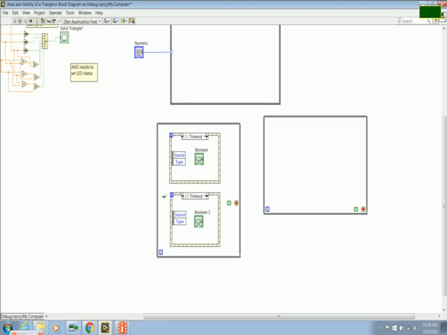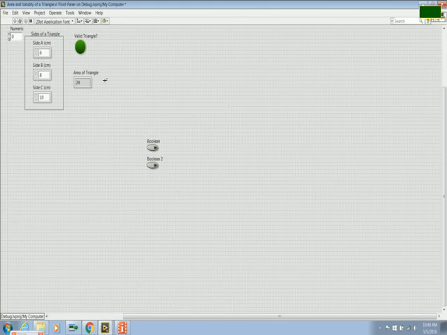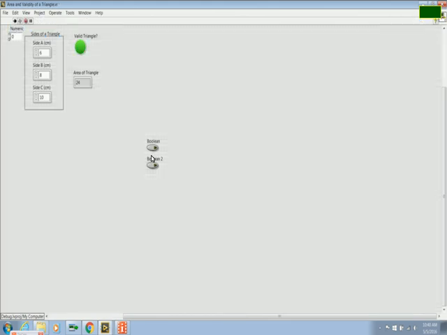Another thing you want to be careful of is your event structures. You never have two event structures in the same while loop. Just be careful of that, because when you run your loop, it waits for one event to happen, it waits for this other event to happen, and then it goes back on the loop. So let's say I did one event and then I did the same event again, it freezes up the loop,